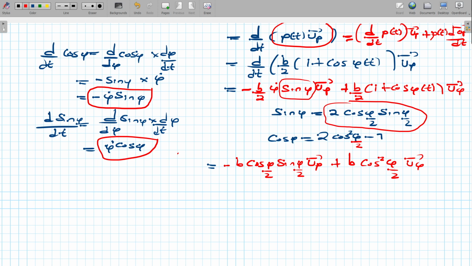Look at the identities one more time, and you'll see that what I've written is actually making sense. Here we can see that cosine phi divided by 2 is common, because here I have cosine squared phi divided by 2. B is also common. So what I can do is say b is common, and then cosine,